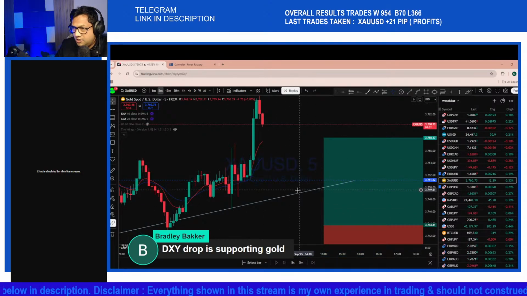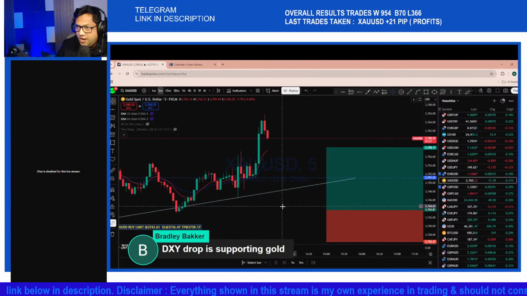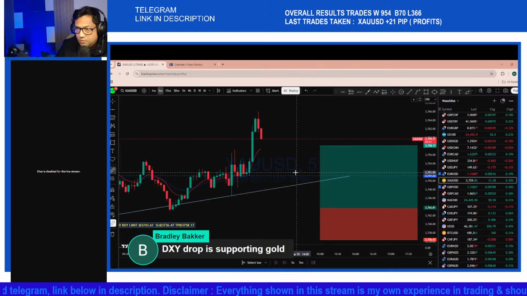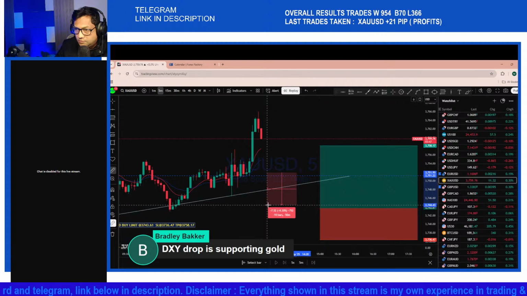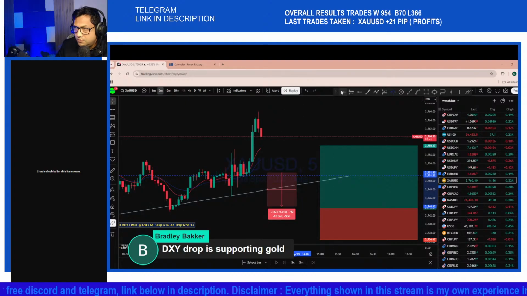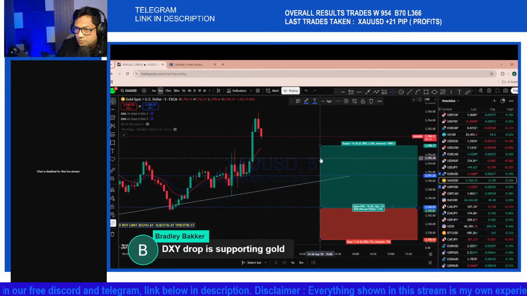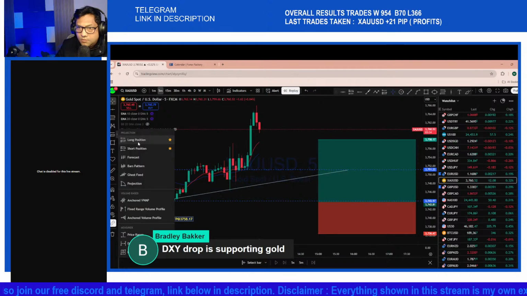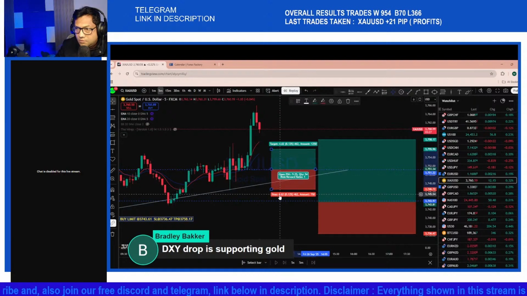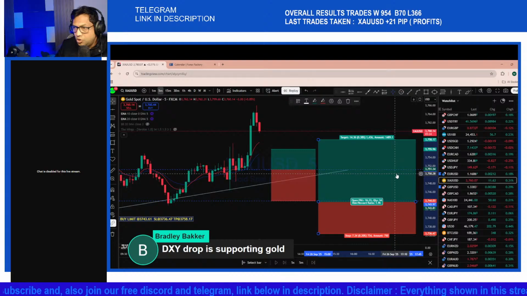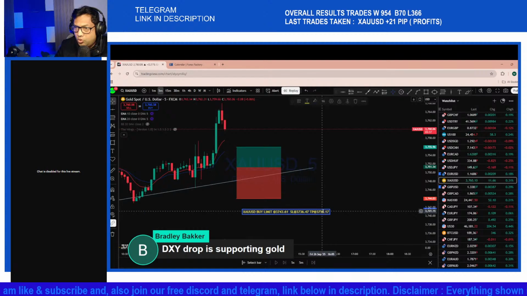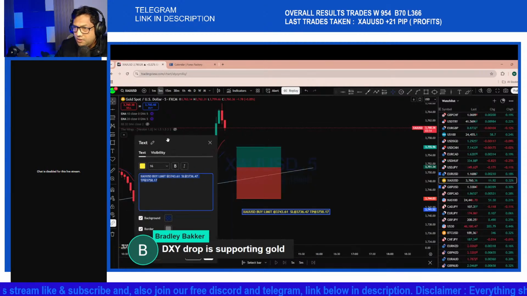We'll just modify the entry here, and so we'll be readjusting the pending order to the new level, and we would like to buy from that area. So the new buy limit that we are looking at here,